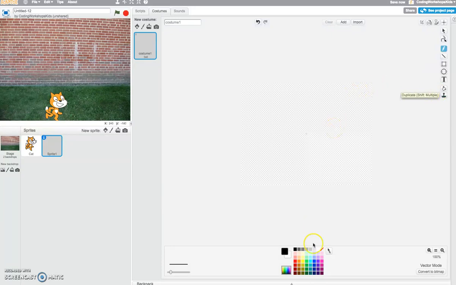We're going to click onto a yellow color at the bottom here where we've got our selection of color palettes. And we may just adjust our line width to make it a little bit thicker so it's easier for us. And what we might do is click onto our ellipse tool